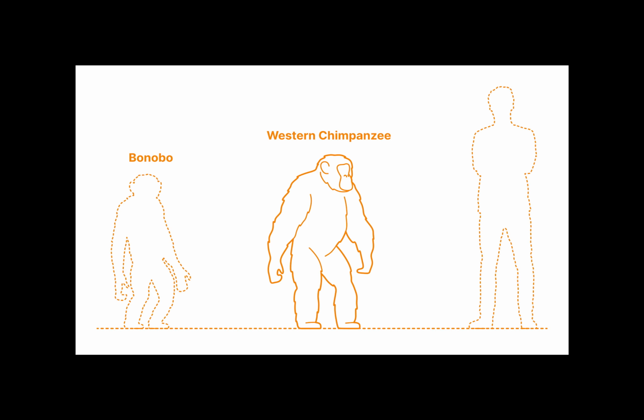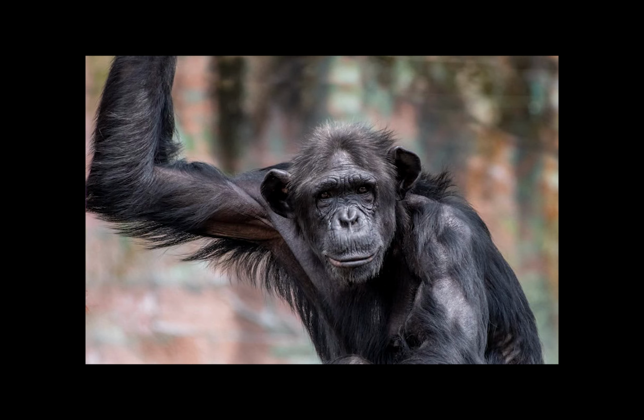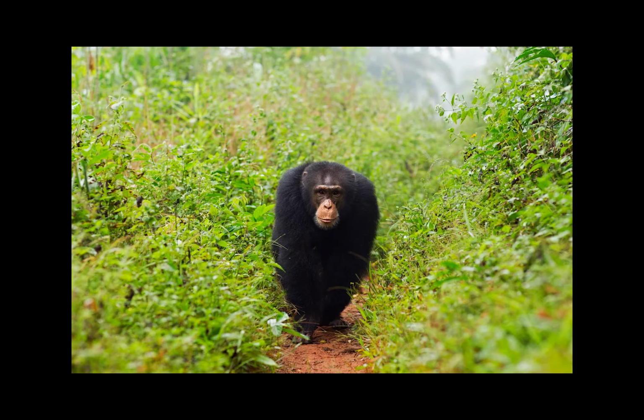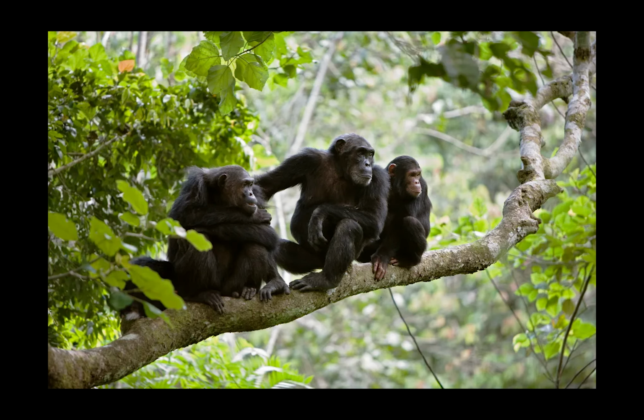Chimps are among the smaller of the great apes. Males weigh anywhere between 40 to 70 kilograms or 88 to 154 pounds, while females weigh anywhere between 27 to 50 kilograms or 60 to 110 pounds. Adults have an average height of 150 centimeters or 4 feet 11 inches. As you can see just by looking at them, chimps have a very robust build. Chimps are adapted for both terrestrial and arboreal locomotion.